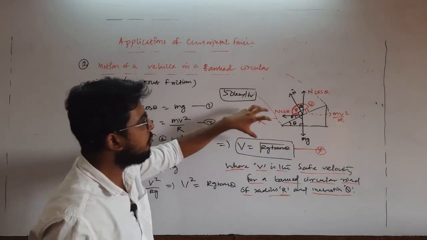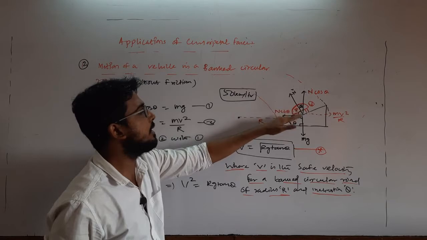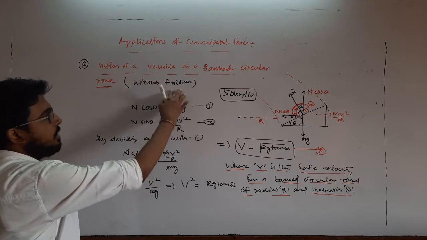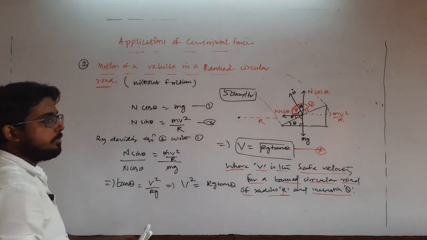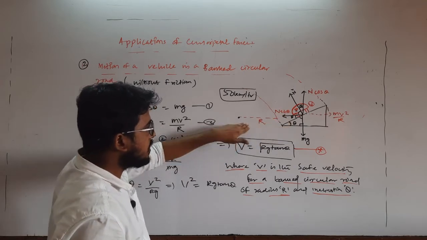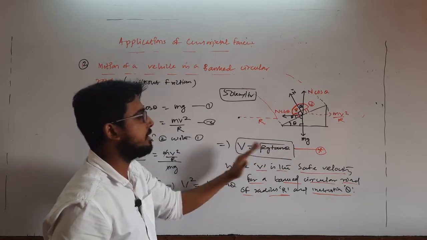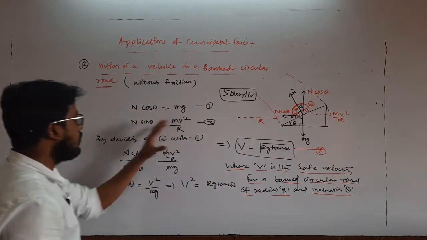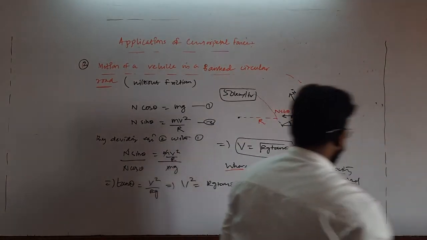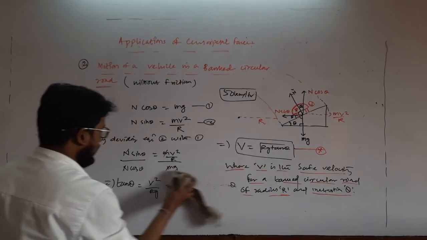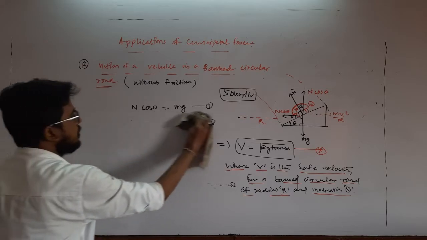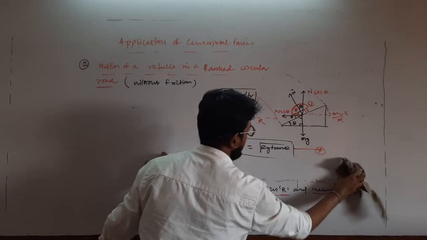Then what will happen if we consider the friction between the vehicle and the surface of the road? So this is the case when we are not considering friction, or without friction. For this, the safe speed for a vehicle to take a turn on a banked circular road of radius r having inclination theta is the square root of r g tan theta. Clear? You have to remember this formula. This is the derivation. Okay. So next we are considering this with friction, which is the more general case because friction already exists on the surface. So if we consider this motion with friction, then what will happen?